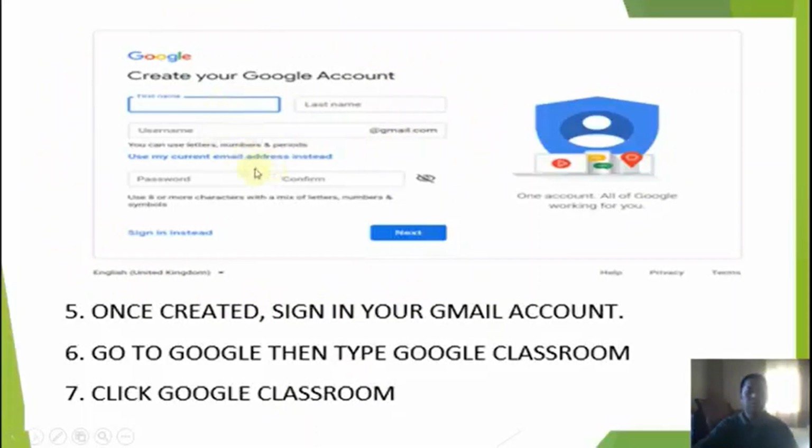This is not a big deal. After that, once the student has created it, I instruct the student to sign in to their Gmail account and then go to Google, type Google Classroom, then click Google Classroom.